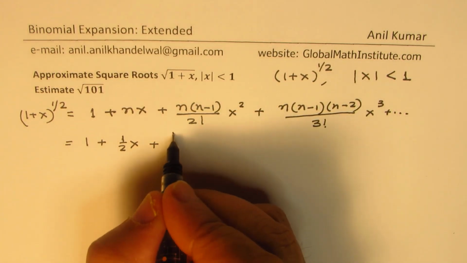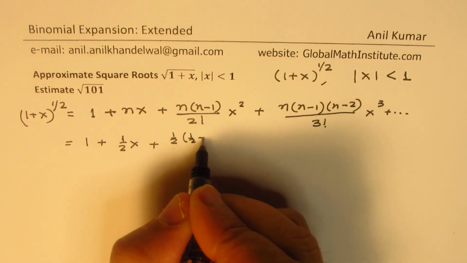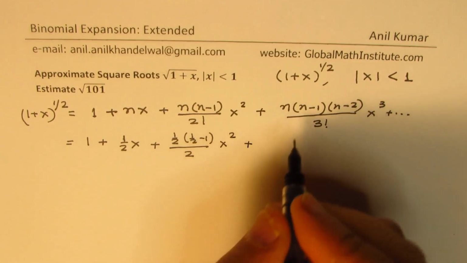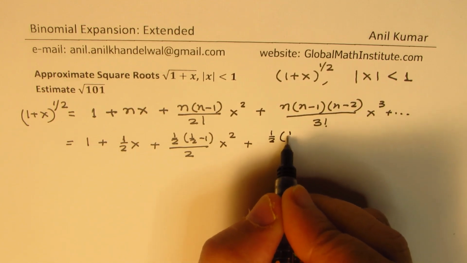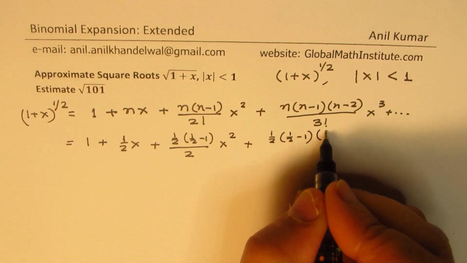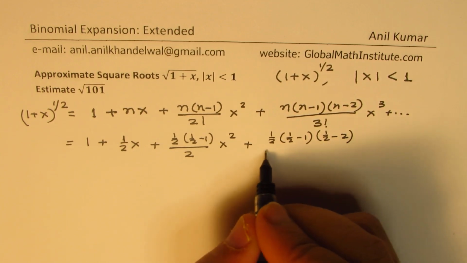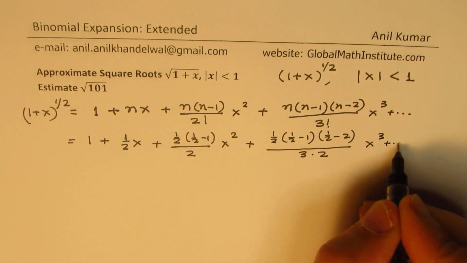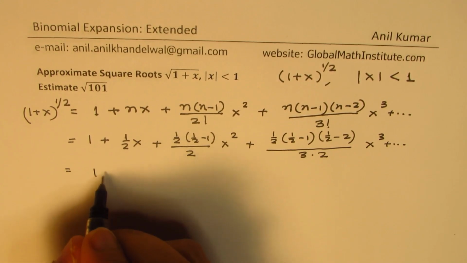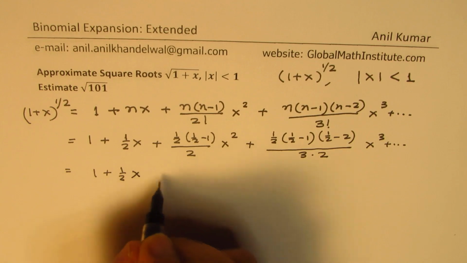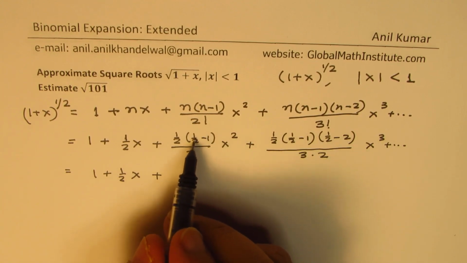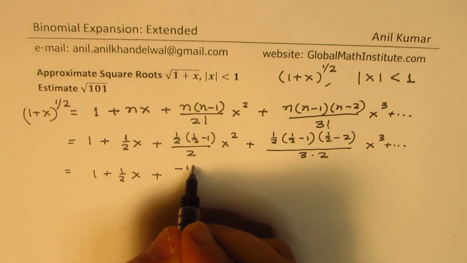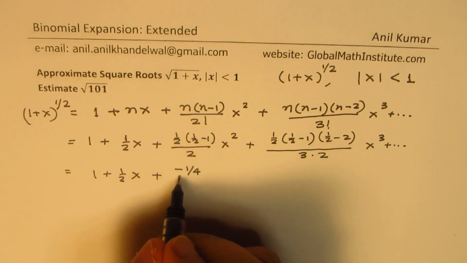Plus this is half, so we get half minus 1 over 2 factorial, which is 2, x squared, plus we have here half times half minus 1 times half minus 2 over 3 times 2, x cubed, plus so on, correct? Which is 1 plus half x plus, now this is half minus half is minus half, right? So we have minus 1 by 4, half times minus half over 2